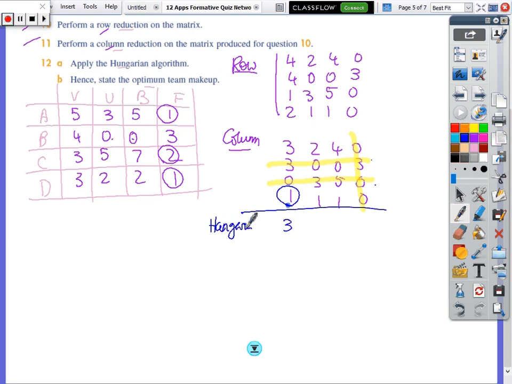So applying it: 3, 2, 4, 1, 4, 1, 1, 5, because it's got 2 crosses. 1, 4, 6, 1, 1, 1, 1, 1. So that's the first thing. And now we do